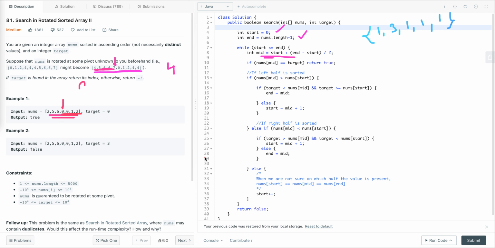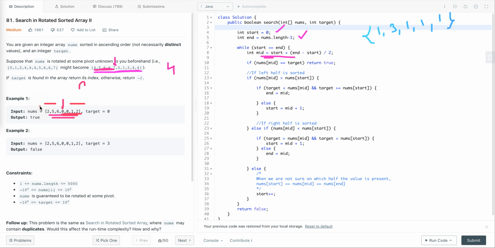If it is, then we check if the target value lies in the left half, then we search in left half, else we search in right half. If the left half is not sorted and right half is sorted, and target value lies in right half, then we search in right half, else we search in left half.